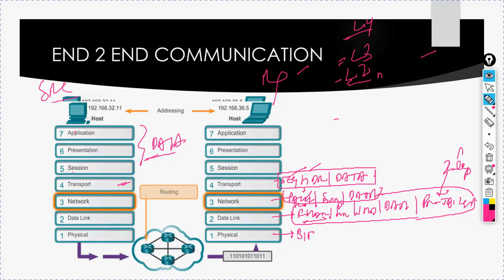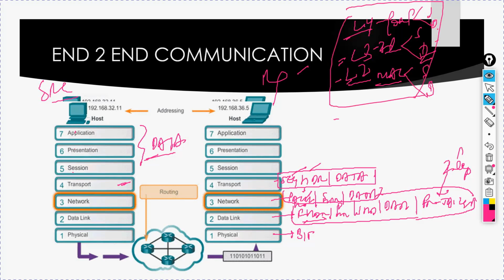At layer 2 a MAC address is required, at layer 3 an IP address is required, at layer 4 a port number is required. So we need source MAC and destination MAC, source IP and destination IP, and source port and destination port for this communication.